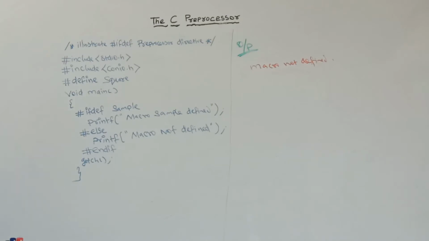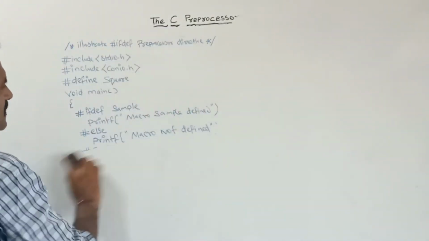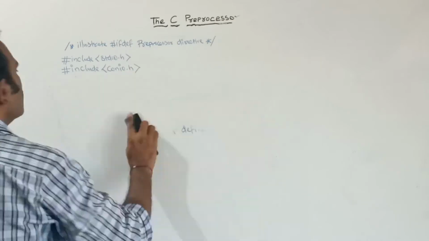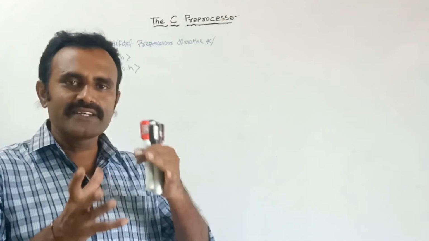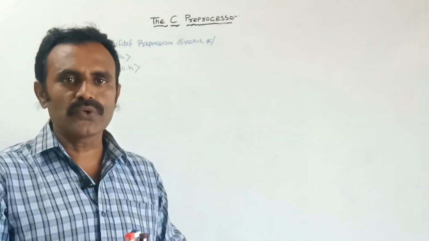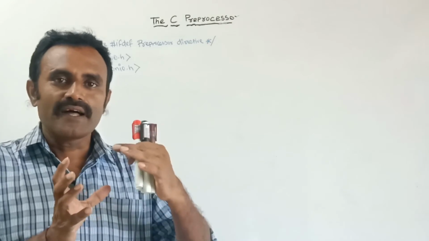Next we will see #ifndef. Here, #ifndef is the opposite of #ifdef. For what purpose are we using #ifndef? If it is not defined, then the condition will be true. So by using this #ifndef, now I am going to check